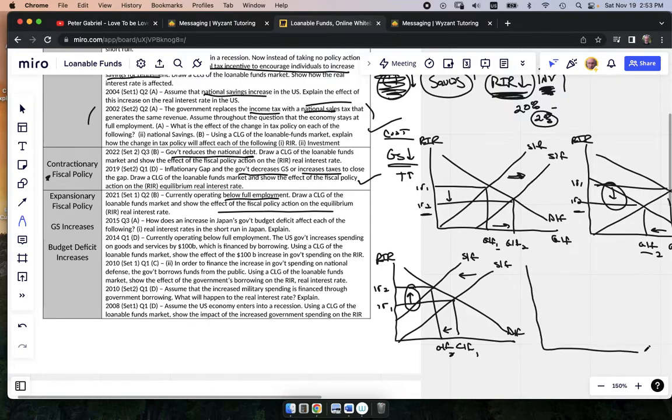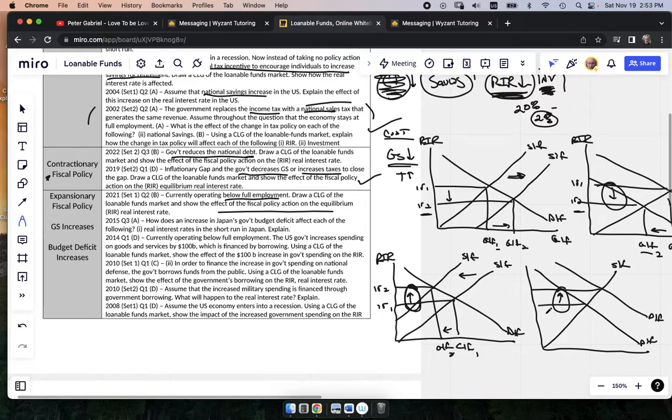Again, that expansionary policy, I'm always a supply of loanable funds when the government is spending. So I know the interest rate's going up. So to do that with the demand for loanable funds, I don't really think about it. I just want to make that interest rate go in the way I need it to go, and that is up. Every so often, most of the time, they're going to let you choose which graph you draw.